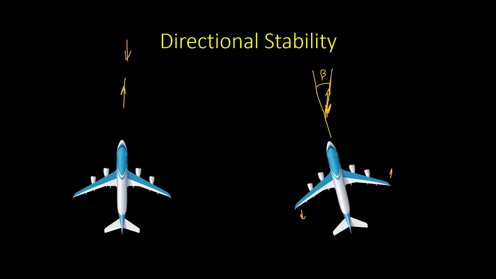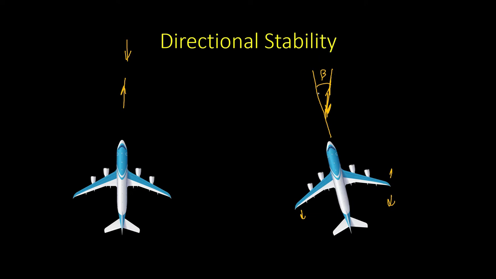So when the air is coming from the right, we say that the aircraft is having a positive side slip. If the air is coming from the left side, then we say that aircraft is having a negative side slip. So in this case, the aircraft is having a positive side slip. Now to restore its original position, the aircraft should produce a positive yawing movement, that is this right wing should move back so that it again aligns itself with the direction of the flight path.